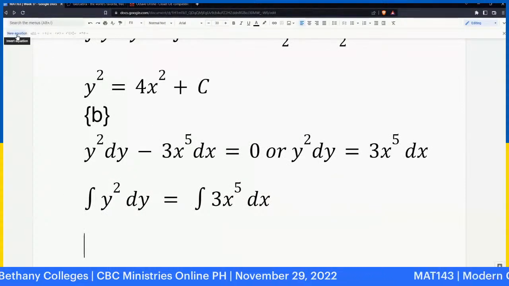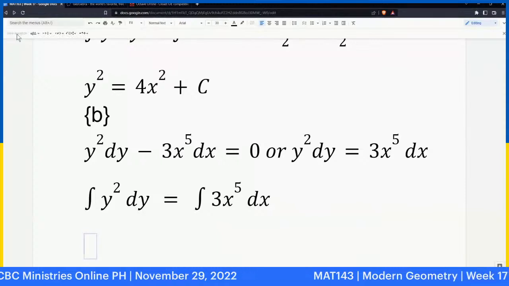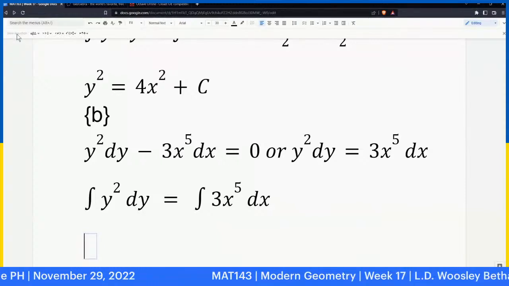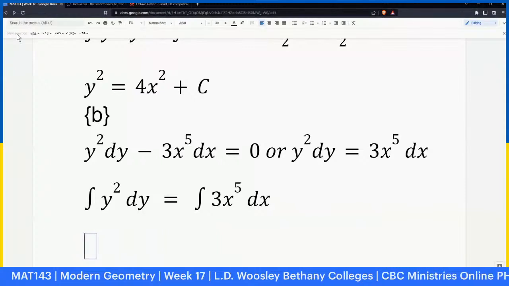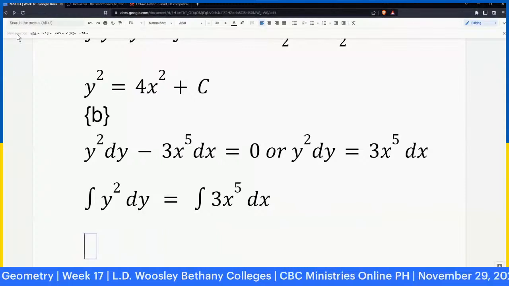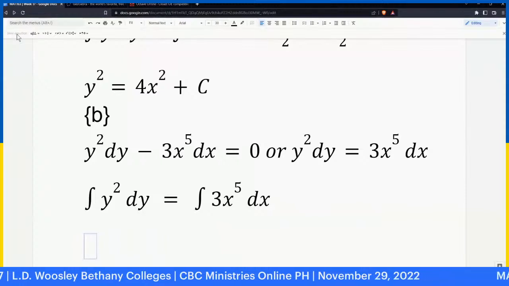Ano po? Yung integral po ba? Yes, perform the integration. Y cube over 3 equals 3x raised to 6 over 6 plus